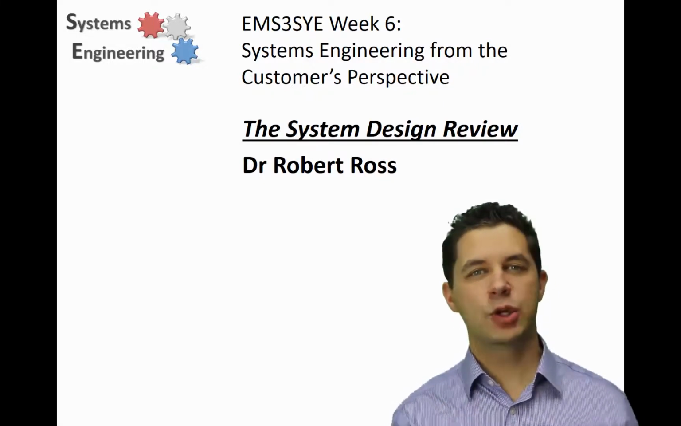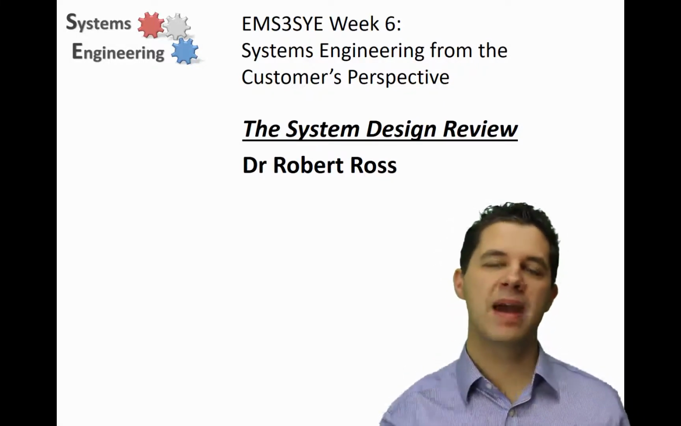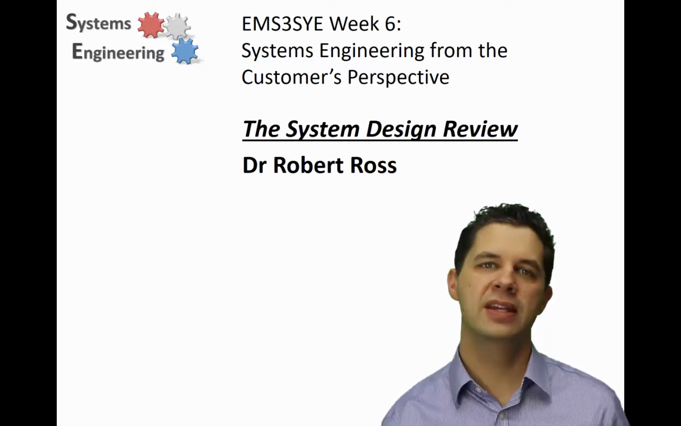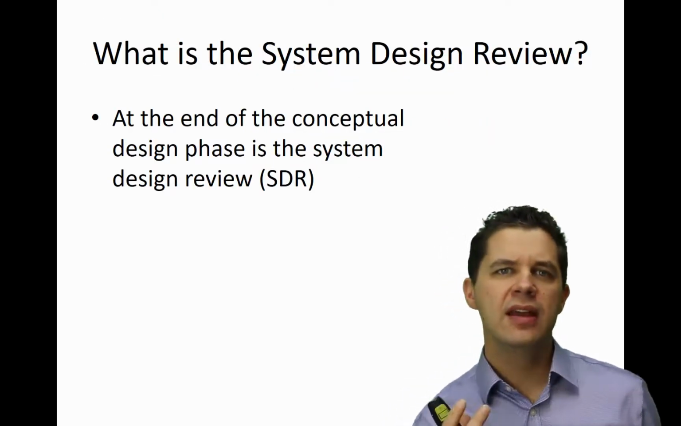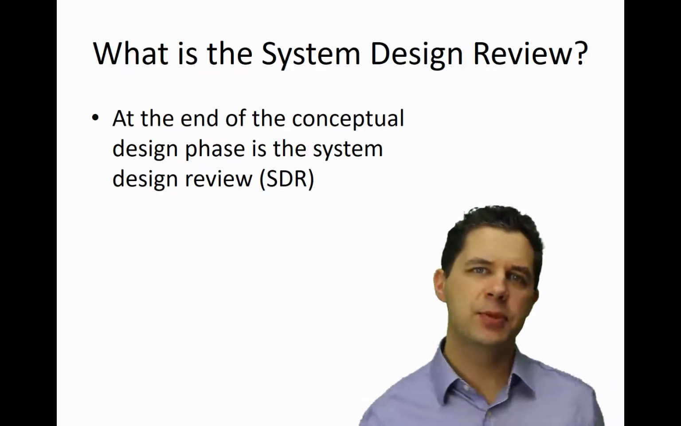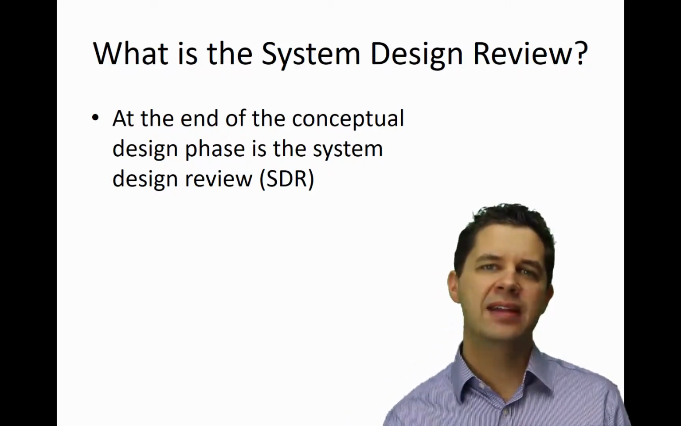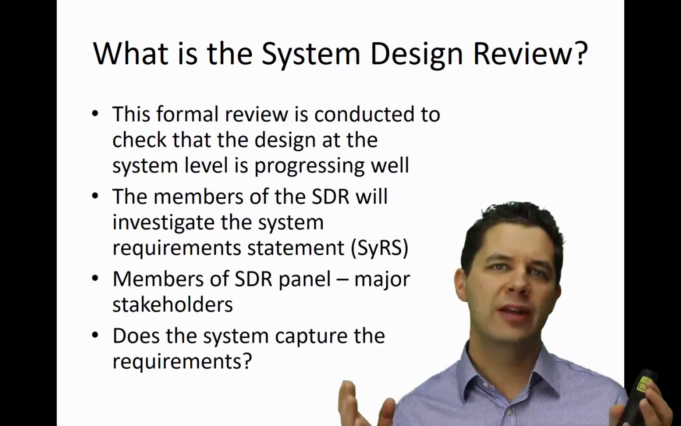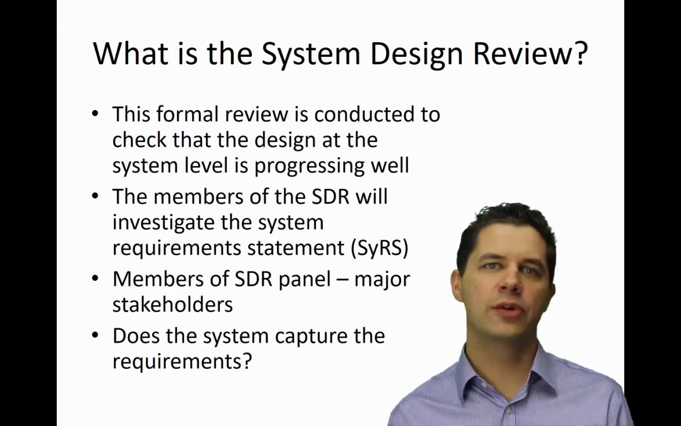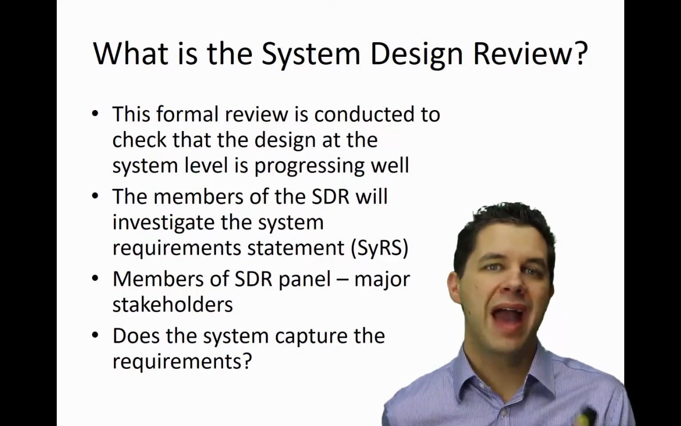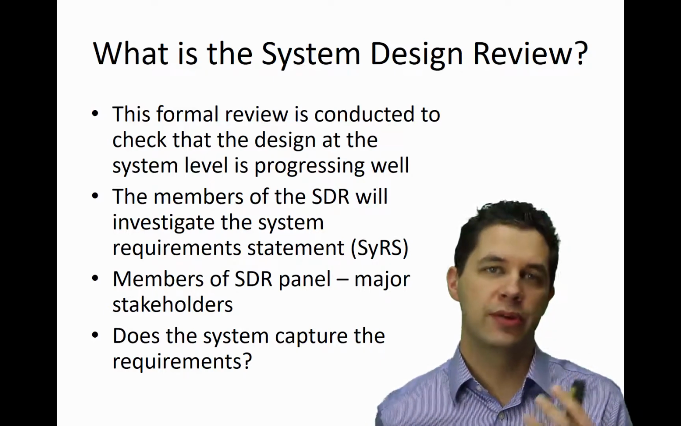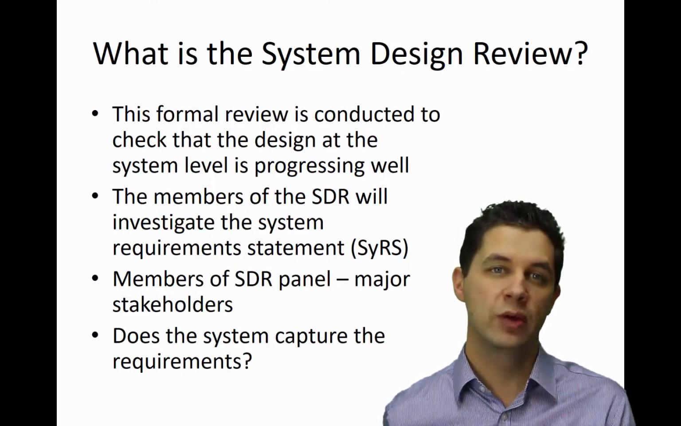So we've got our system needs and requirements document. The next thing is to take that back to our stakeholders and take it back to our company and perform our system design review. Now, this is done at the end of the conceptual system design phase and allows us to create a formal review to check that we've got the requirements right, that the design of the system is progressing well and we're actually designing the right system with the right requirements that suits the real needs of the